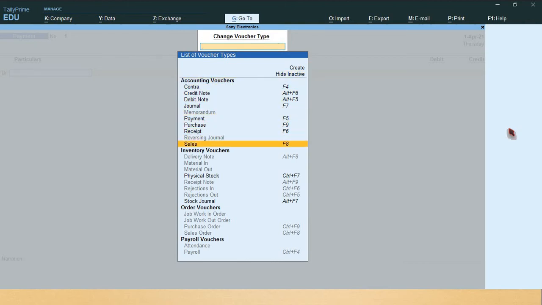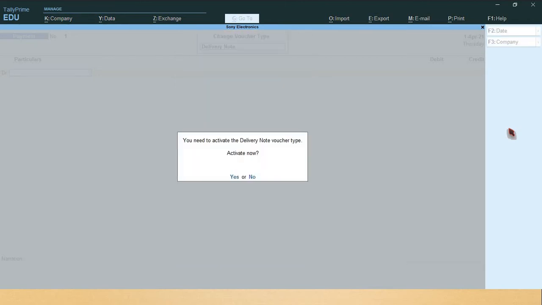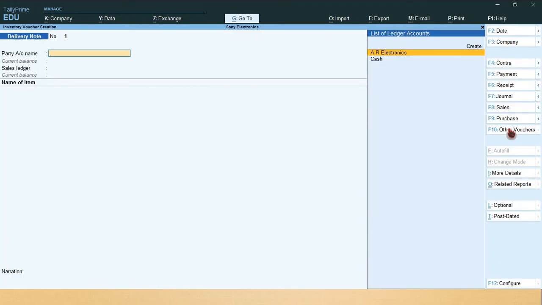See here, Delivery Note. This is one way to enable delivery note and sales order, and there is one more way, which I will show later. First I will show this way. Delivery Note is hidden, press enter, press enter once more. The delivery note voucher is enabled.